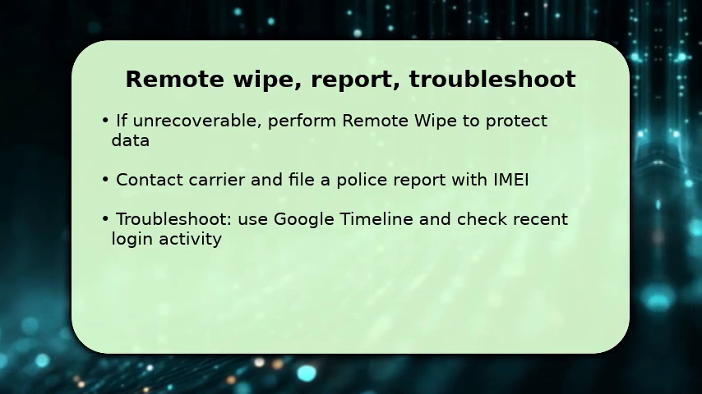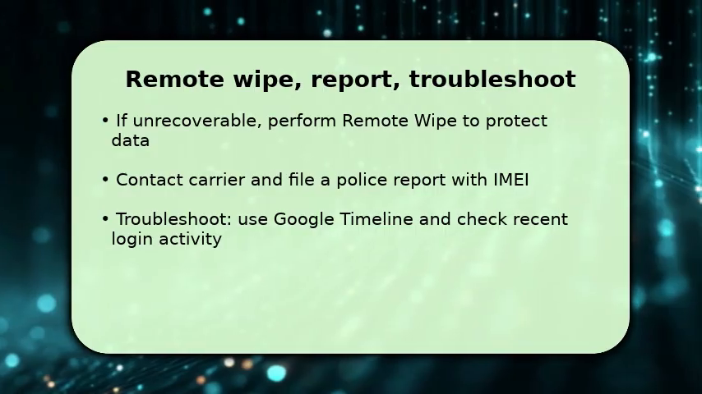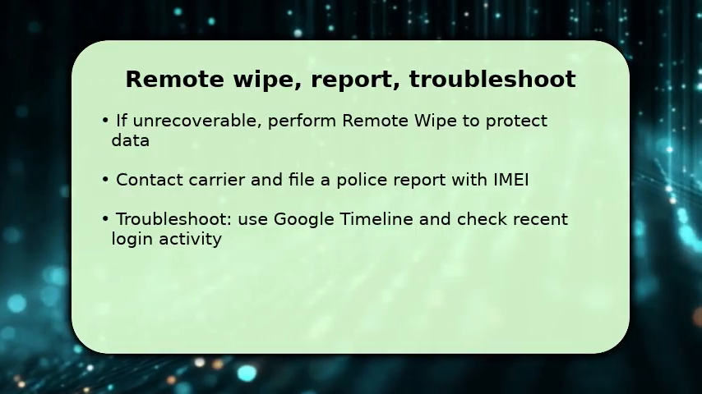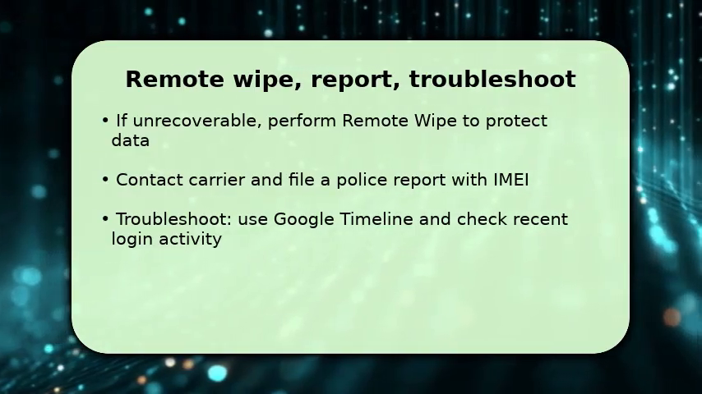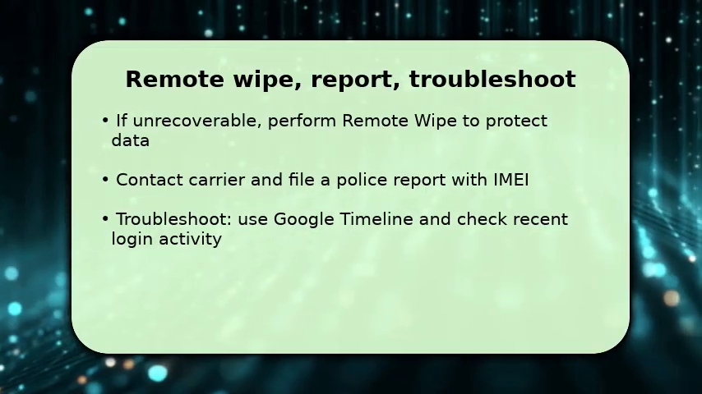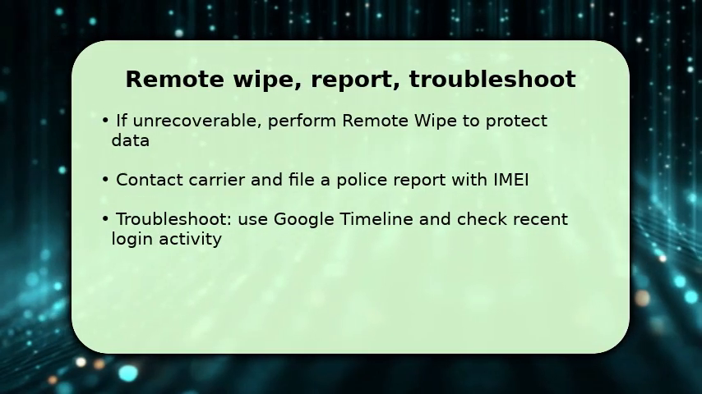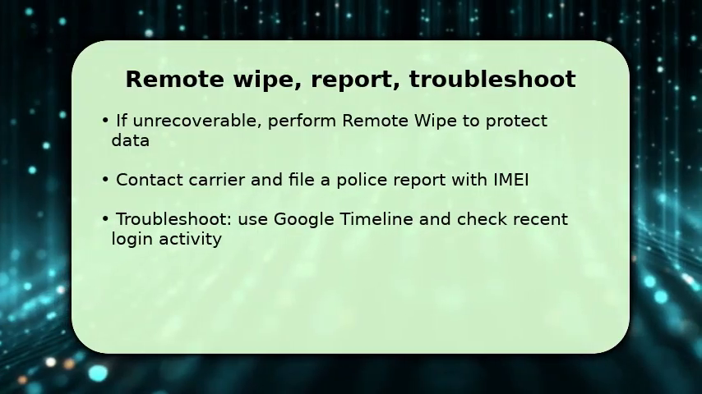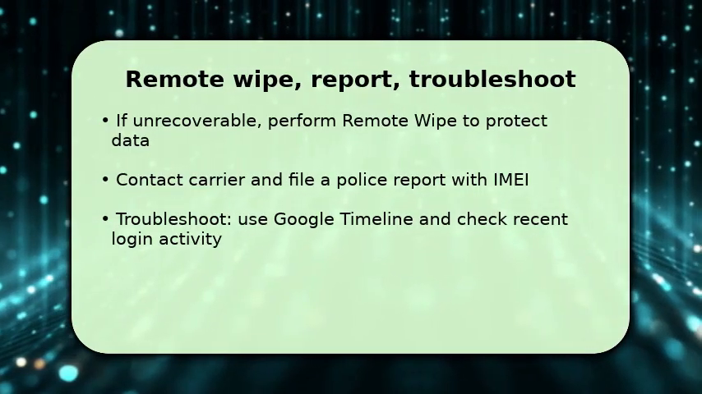Next, notify your carrier to suspend service and report the loss to police with the IMEI or serial number for theft records. If tracking fails, troubleshoot by checking Google Timeline for last GPS traces and review recent account logins for clues. If Find My Mobile can't locate,